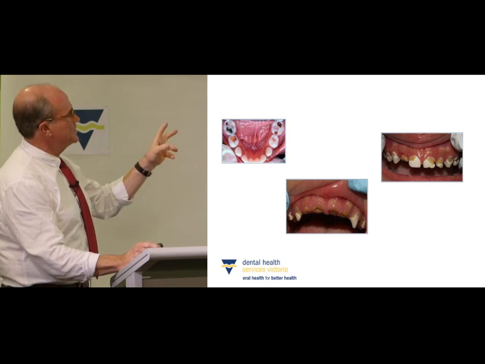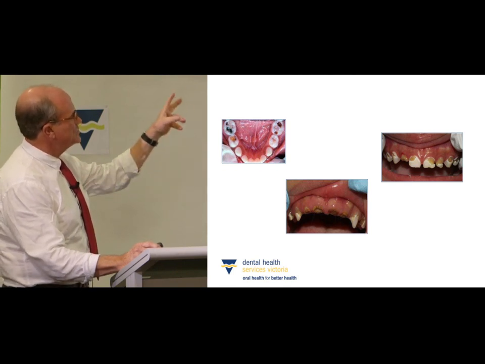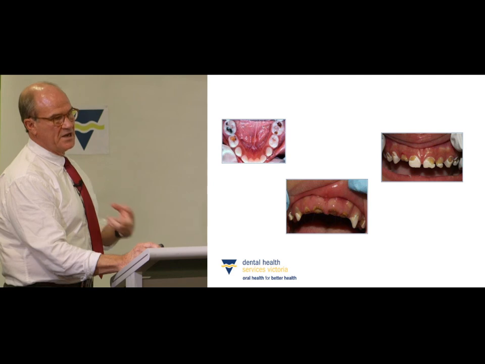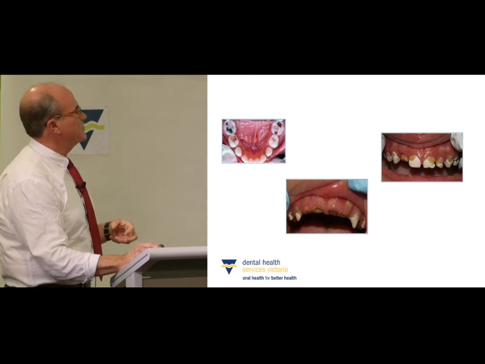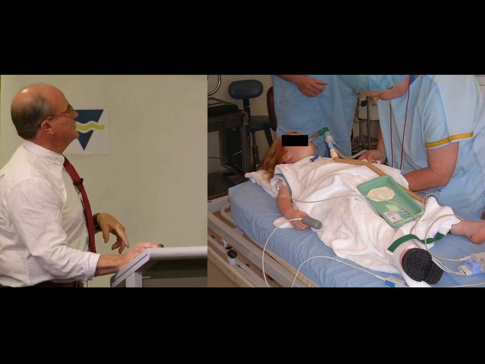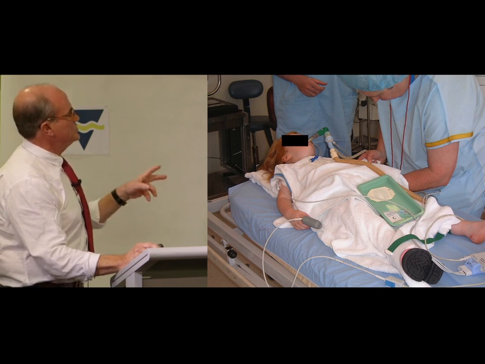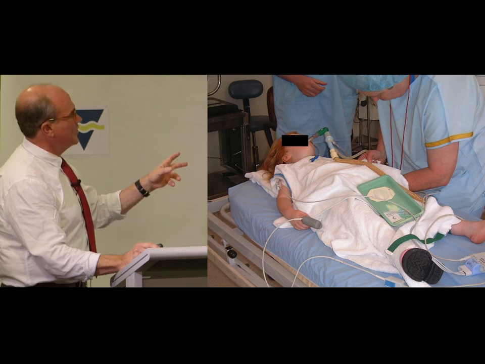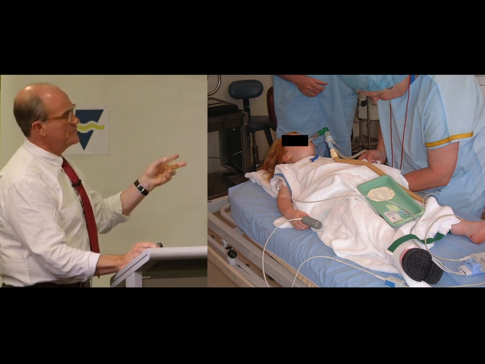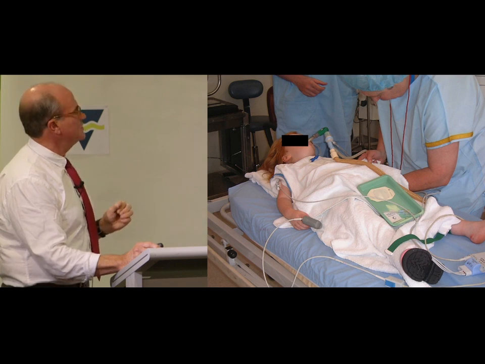Because if one of the siblings' mouths look like one of those pictures, when they present and we organise a GA, we don't want the processes happening in the family unit. It's not just an individual process. And we don't want this. We don't want them going in and having GAs. We want to reduce the number of presentations of that individual. So your success rate is no readmission for the individual, for the little child, and no admissions for the siblings.